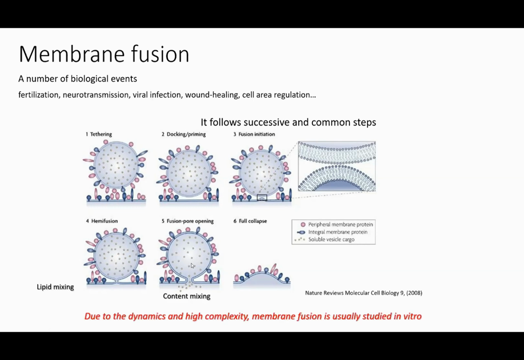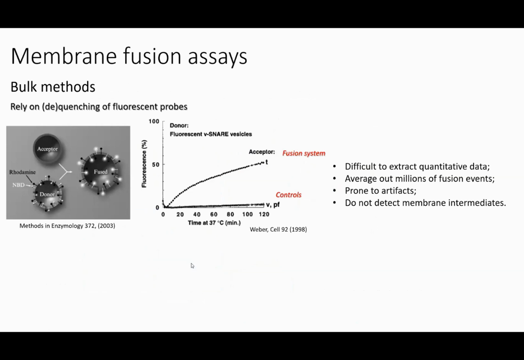Not surprisingly, this process is very complex and complicated to study in cells. And so many scientists developed techniques and systems in which fusion was reconstituted in vitro. In these in vitro systems, basically fusion is studied by mixing populations of liposomes which are to fuse. In one of these liposomes, typically you have two types of fluorescent dyes forming a FRET pair. So this system is under FRET. And if these vesicles under FRET mix with non-labeled vesicles, you have a dilution of these dyes, and then you have an increase in the donor fluorescence. And this is the typical output you have when you perform these experiments in a cuvette,